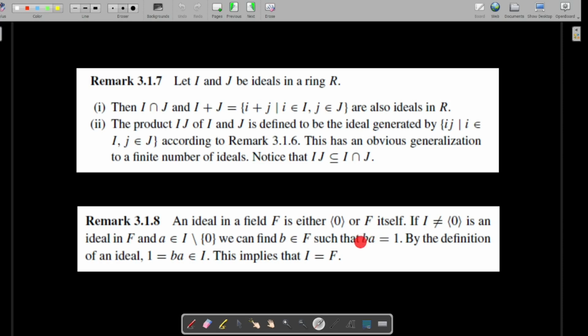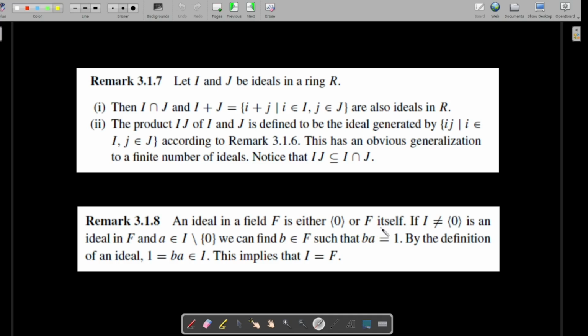So by the definition of the ideal, this b into a must belong to the ideal I, and it's equal to 1. So 1 belongs to the ideal I. 1 belonging to I means that I is equal to F itself, which we have proved in the previous result. Here 1 belongs to the ideal I, which implies that I is equal to F. So if F is a field, then